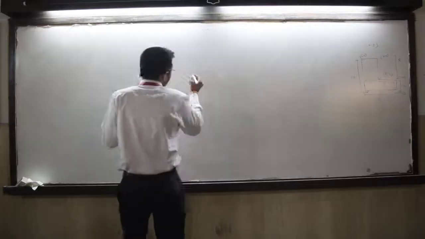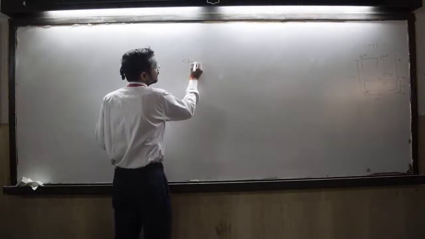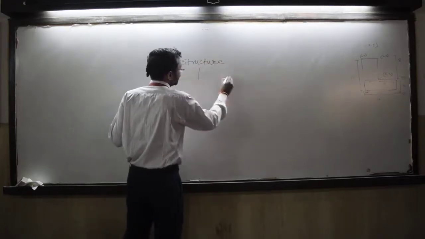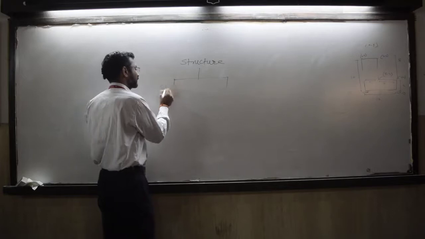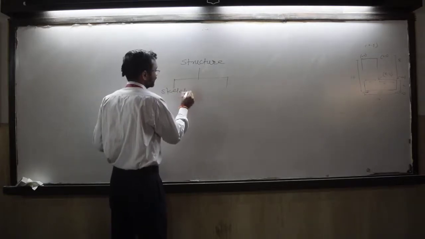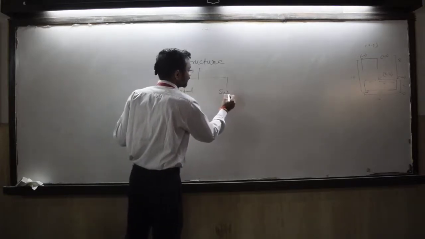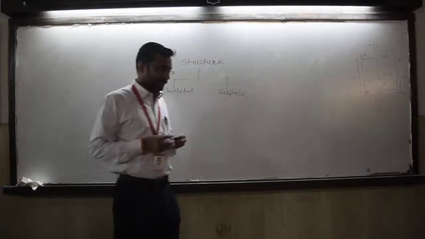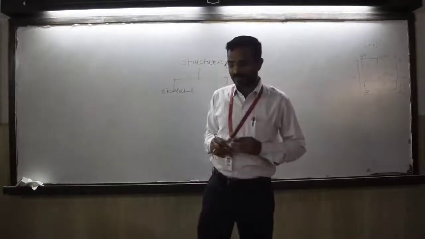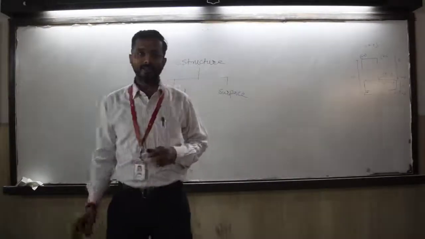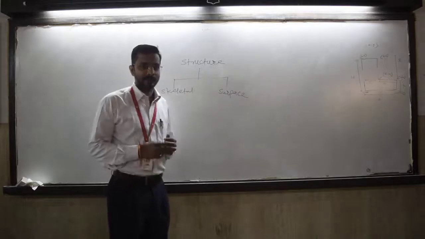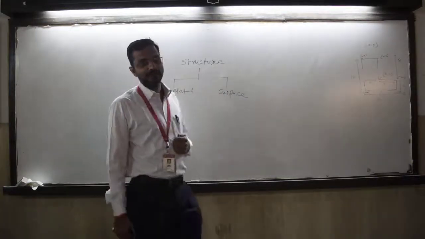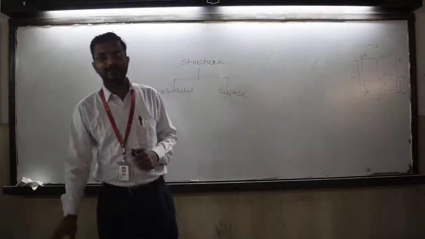We will today start with structure. There are two types initially to start with. One is skeleton structure, another is surface structure. Now in skeleton structure, there will be an assemblage of different types of structure meeting at their end, connected by means of joint. So when you are talking about skeletal structure, the human body is a very good example of the skeletal structure.